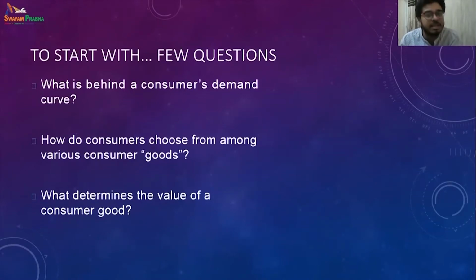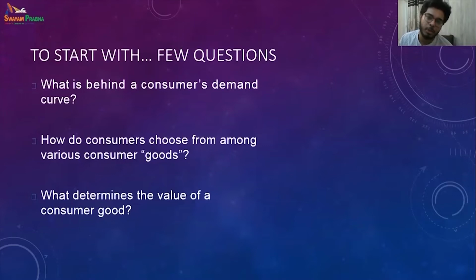In our next lecture, or next to next lecture, we will discuss the consumer's demand curve. So a consumer's demand curve is nothing but the relationship, or the theory of demand says the relationship between price and quantity. We know that when the price rises, the quantity falls, and vice versa. That means when price falls, quantity rises. But why does it happen? So consumer behavior would like to answer that question, how a consumer's demand curve is derived.